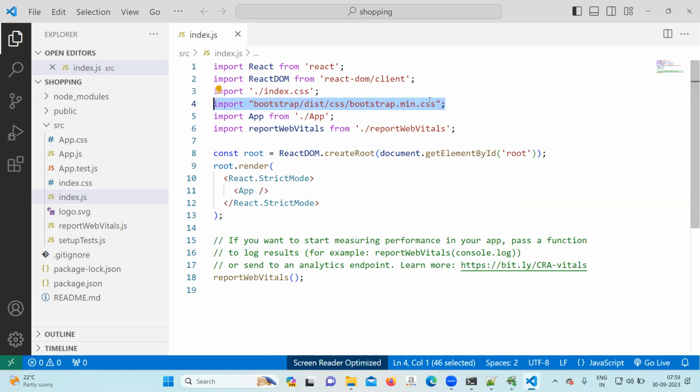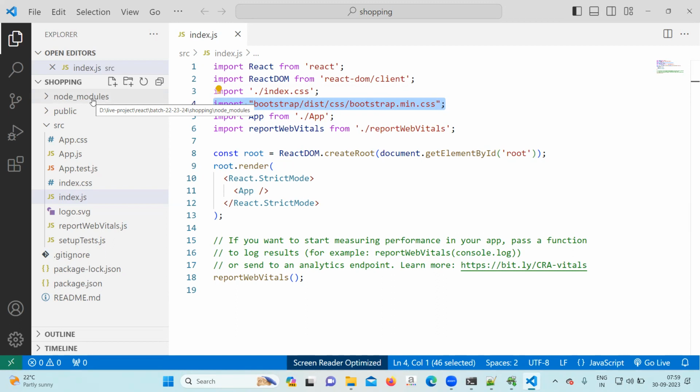Okay, so bootstrap installation was done plus bootstrap integration happened. So in React, this is the way to link Bootstrap. When you do npm install in the project folder, the module package will get installed under the node modules folder.